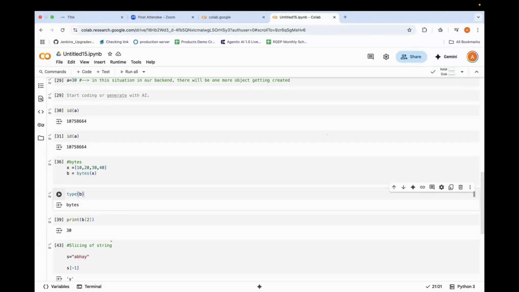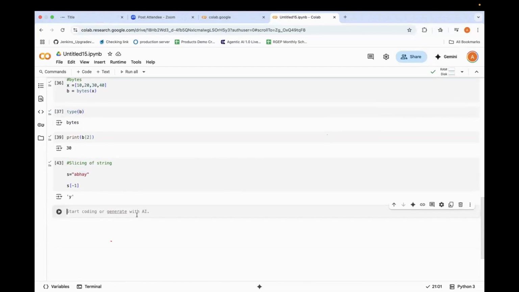lambda, nonlocal, try, pass, else, as, continue, with, match, import, raise, break, while, for, case, return, yield, good. There is one more keyword. I'm thinking you guys are using ChatGPT now. except, class, finally, assert. Okay, stop. Now I heard everyone. The only one keyword which you guys are not telling is del. Del is also a keyword.